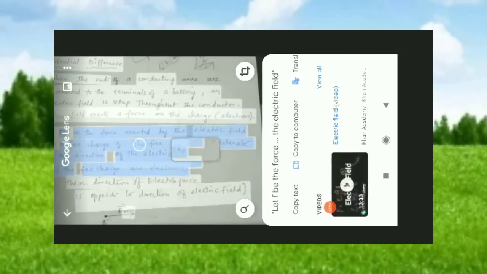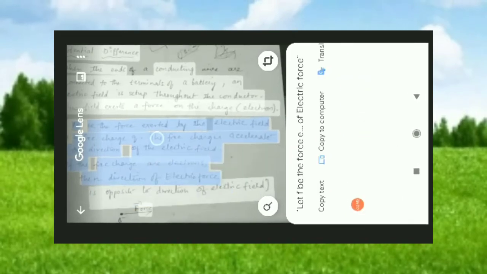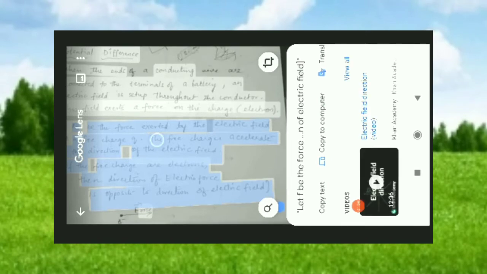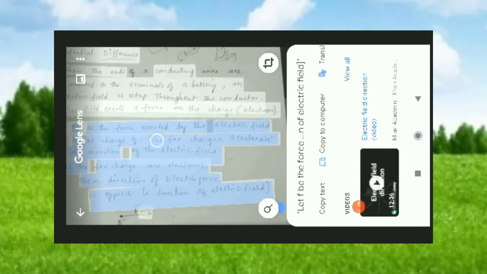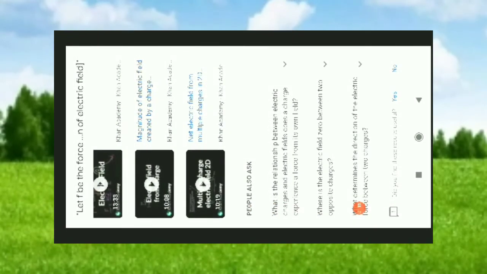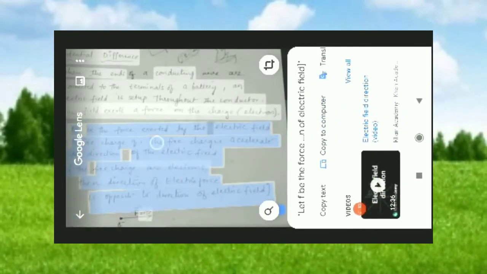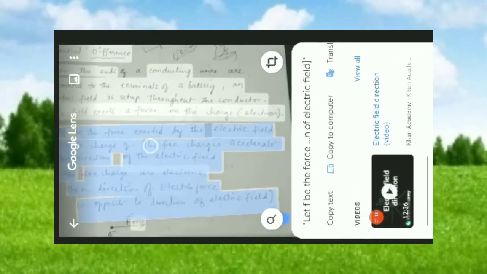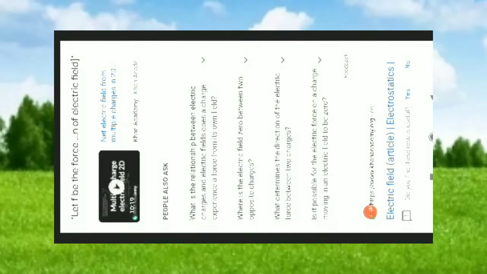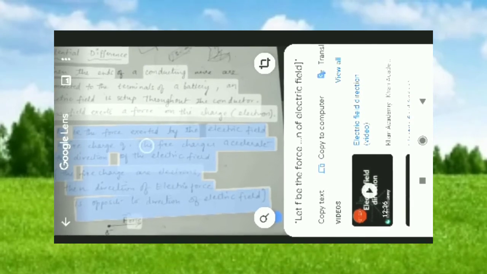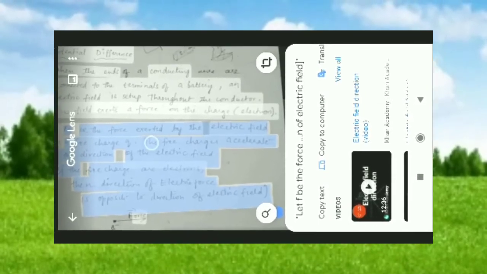You can select more content if you want to send. Let us say I'm sending the complete paragraph here. You can do it in this way, and you can also see that it is showing us web search results with so much content directly on the text which I have selected, and you can search the web here directly instead of going to Google search. So this is also a very easy way to access the search engine.